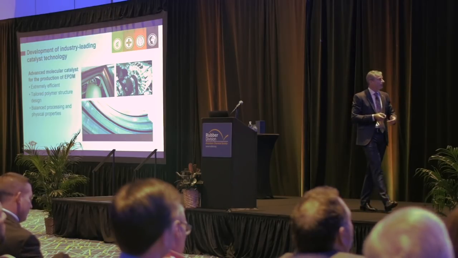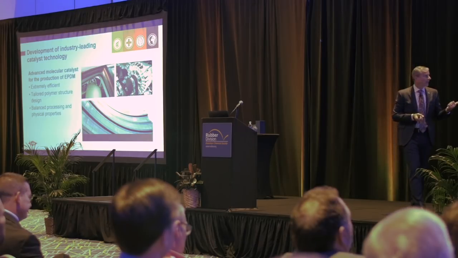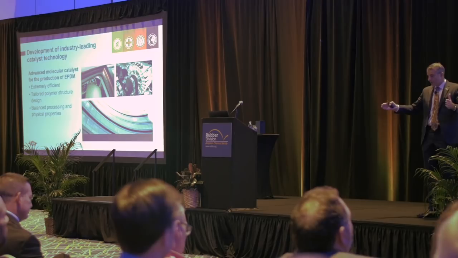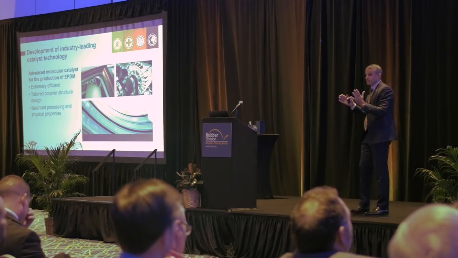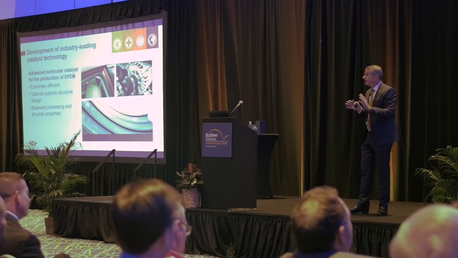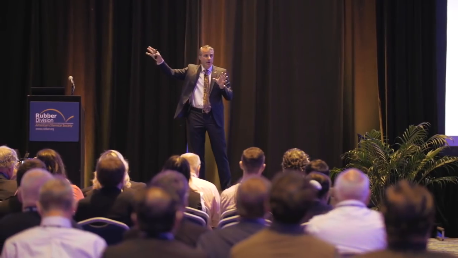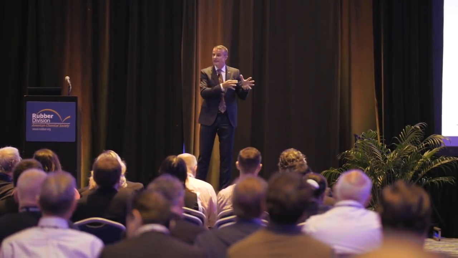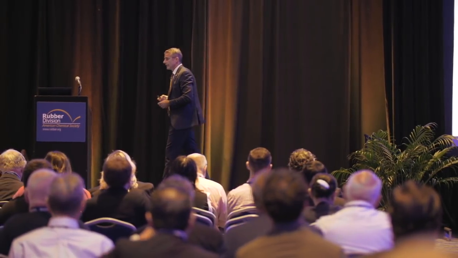So when you look at that, you can make those elastomers more thermally efficient. You can tailor the polymer structure. You can play around with the monomer composition. You can play around with the polymer dispersity and so on. So you can get a very predictive and functional approach: I want those kinds of properties, and I'm going to drive this by doing this with my catalyst system. That kind of correlation is really what is new here.